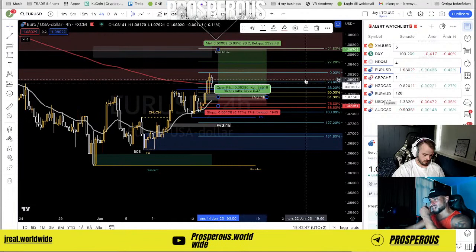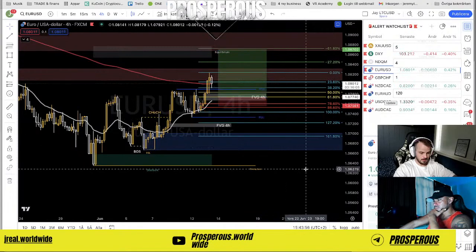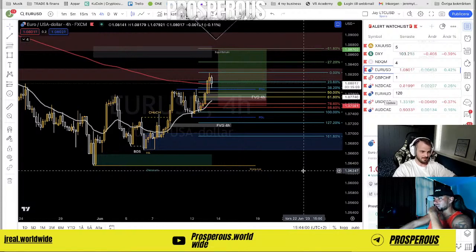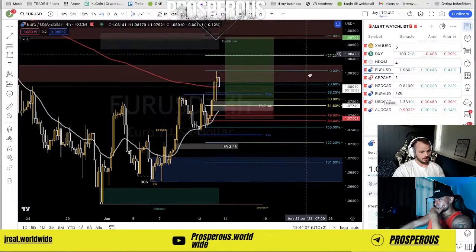So that's a 1 to 5 trade, even more, 5.35, 5.37. So it's a very nice trade, almost a 1 to 6 trade. That's how we like it. To be honest, I'm kind of in love with this trade. I love this one. I'm kind of in love with the setup. I'm gonna post it now